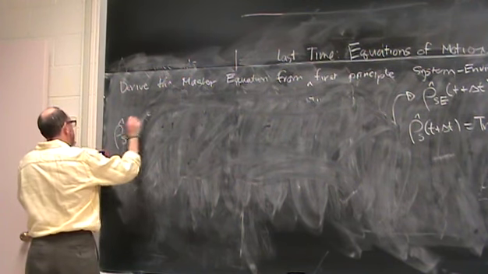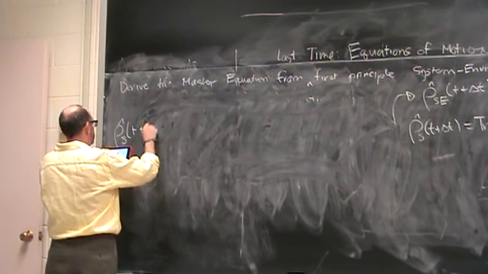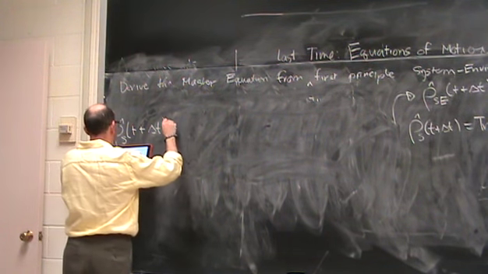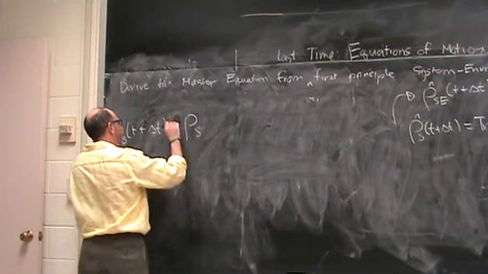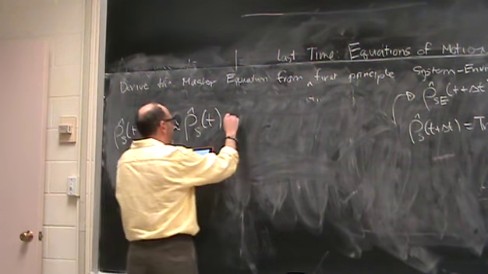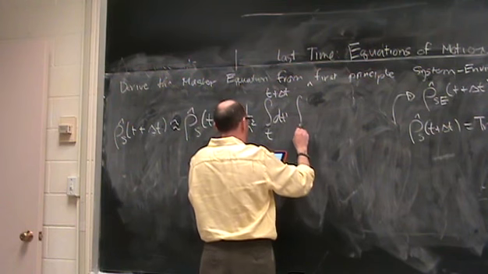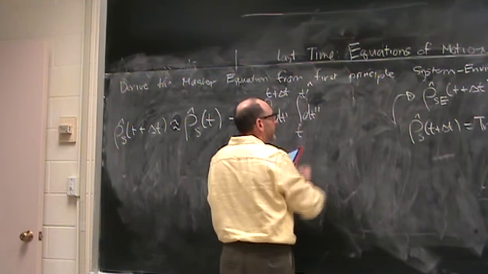The system state at time t plus delta t, the coarse-grained time, is approximately equal to what the state is at time t, plus what happens due to the interaction, which now includes the second order. That's the integral from t to t plus delta t, dt prime, the integral from t to t prime, dt double prime,